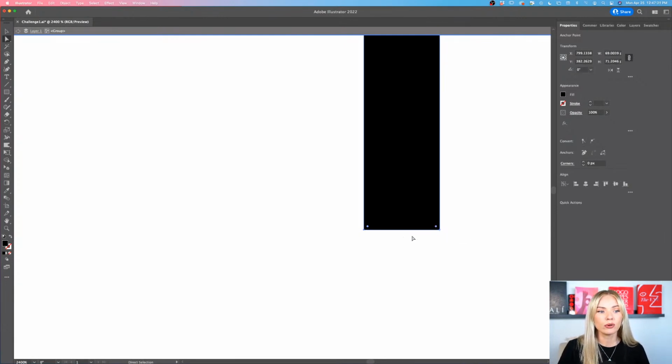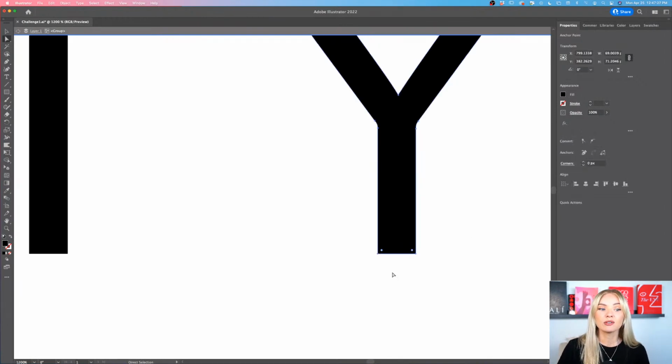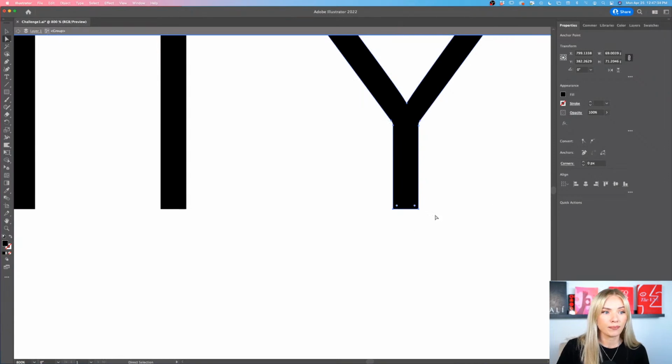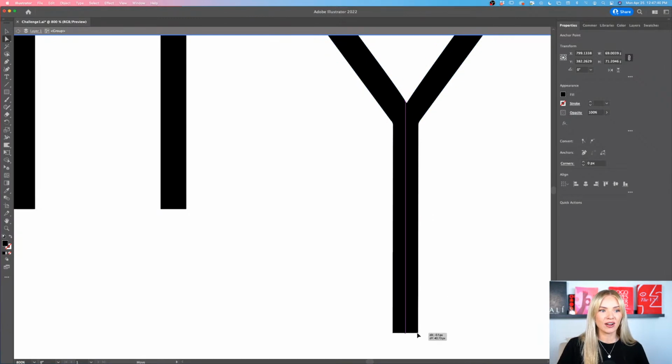Now I have both the points selected. Or what you can also do is create a selection box around those 2 points. Just make sure that you don't select any other points in the surrounding area. So let's click and drag those 2 points down, and you can see we have this pink line up here,